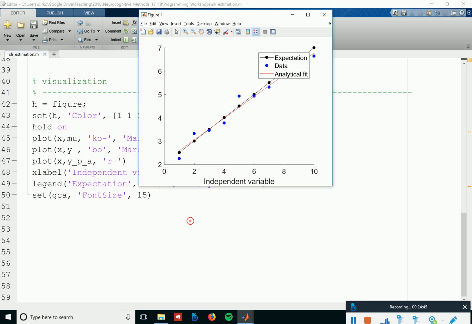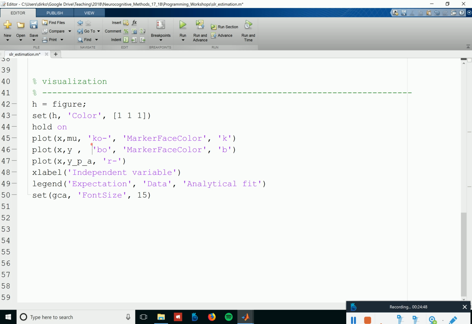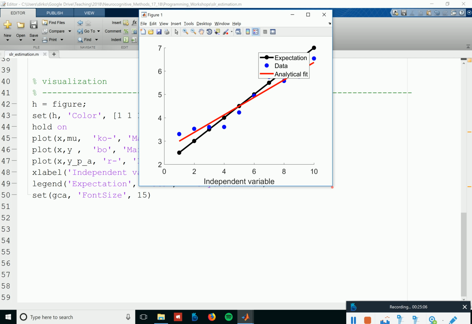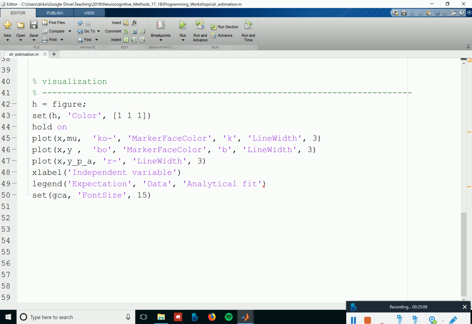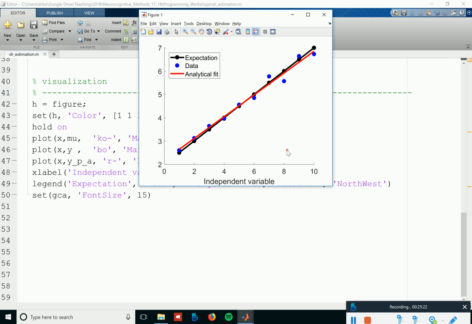I have a hard time seeing this. Let's make it easier to see. Maybe let's put the